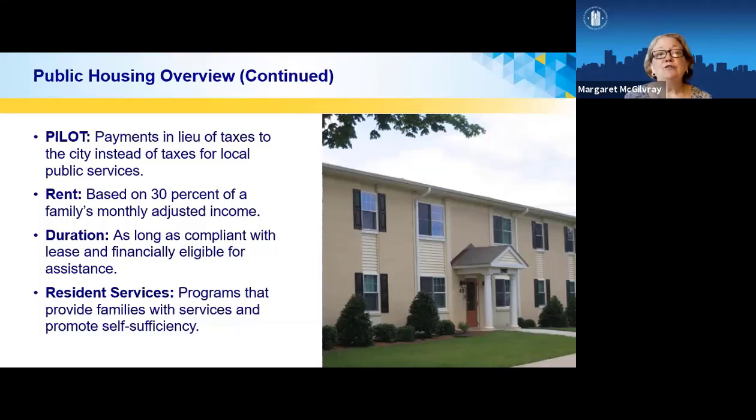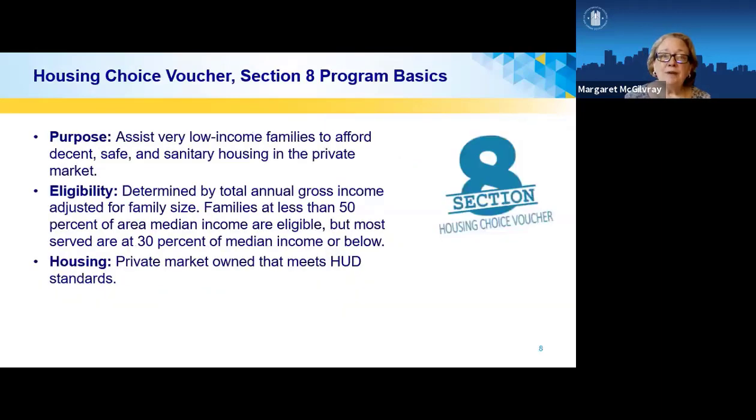Eligibility for the housing voucher is determined by the annual gross income and family size. In general, the family's income may not exceed 50% of the median income. So if you recall, public housing was 80% of the median income, but in the case of the Section 8 program, it's 50%. And in actuality, a PHA must provide 75% of its vouchers to applicants whose incomes do not exceed 30% of the area median income. That's a lot of numbers being thrown at you, but basically, this is a program that's specifically focused towards very low income families.